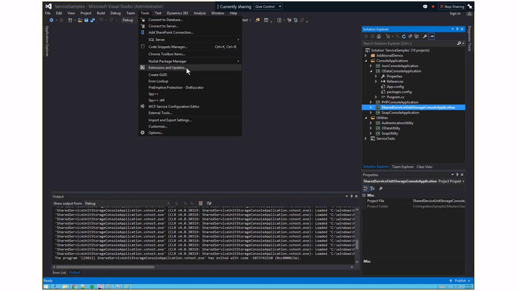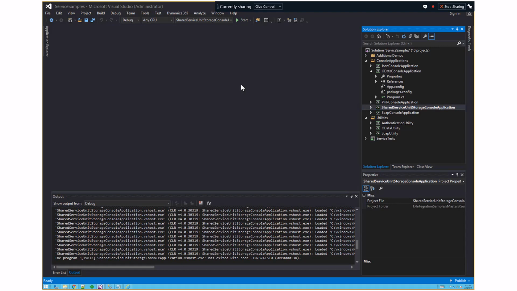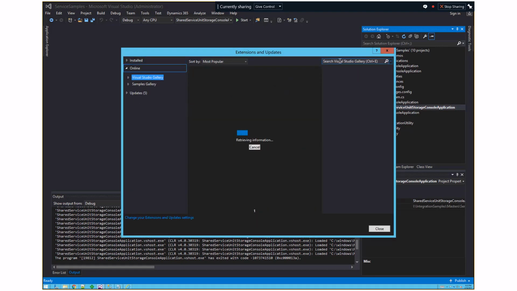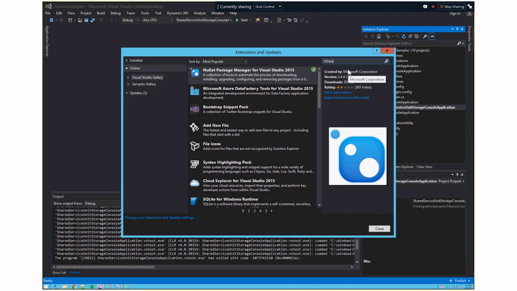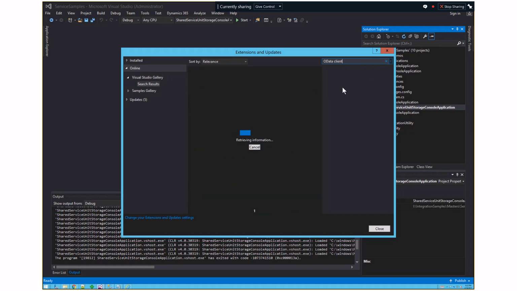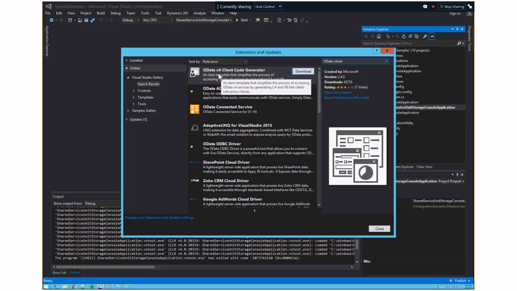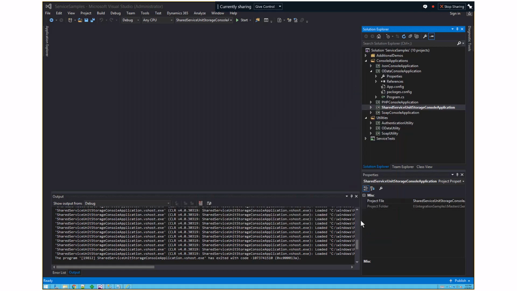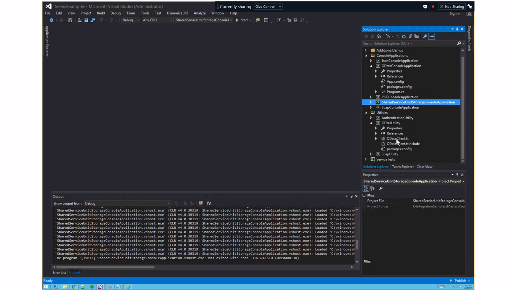extension that is available that you can all download. If you were to go online and search for OData client, you'll actually see an extension called OData v4 Client Code Generator. If you download and install it, and I have already downloaded and installed that, and then add it to your C# project, you'll actually see that it creates